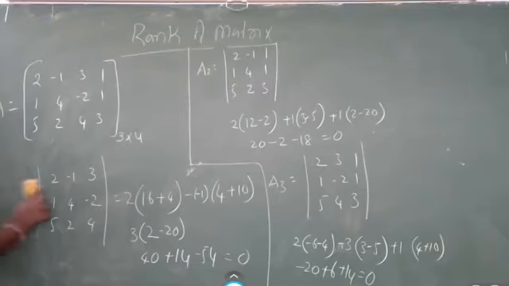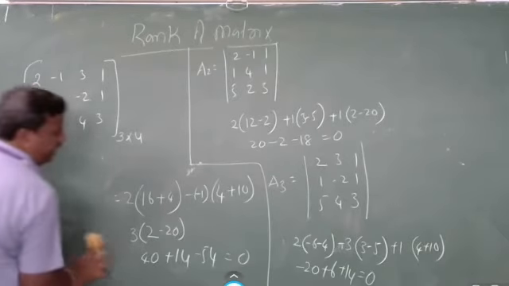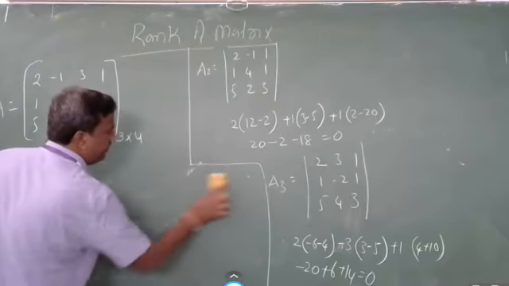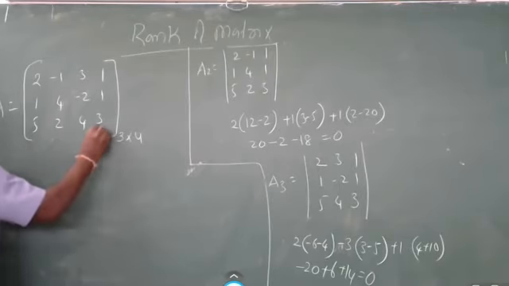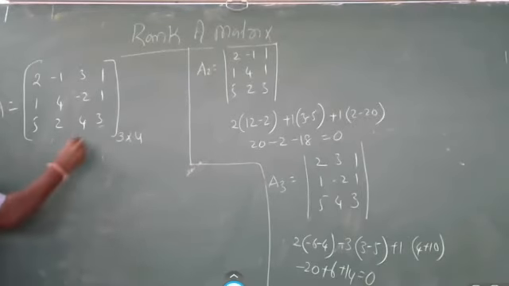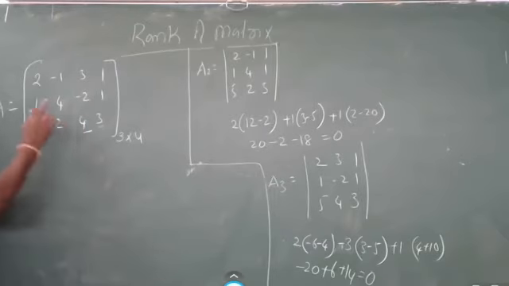What happens? You have taken the 3 by 3 determinants. Even you have a possibility of another one. So first time you are eliminating the first column. Second one is second column, sorry. First one is last column. Second one is third column. And third one is second column. Now we are eliminating the first column.